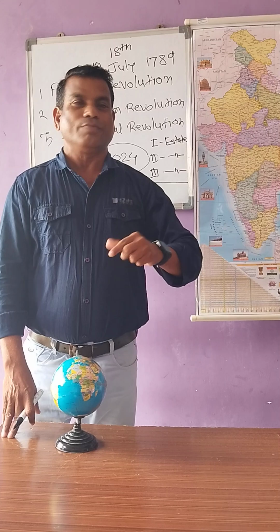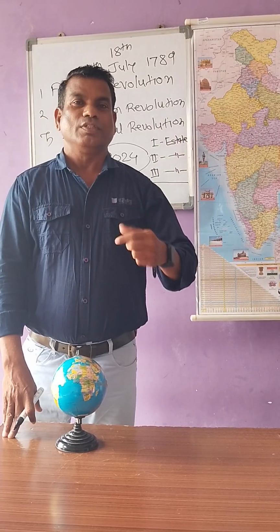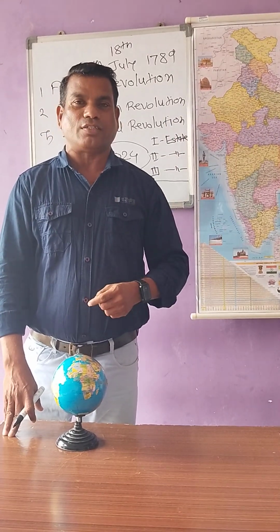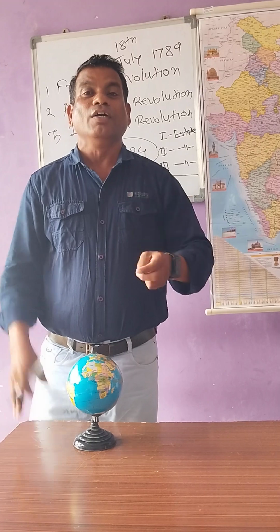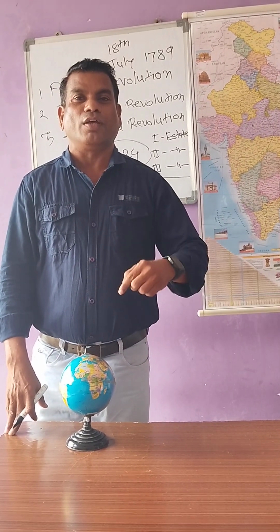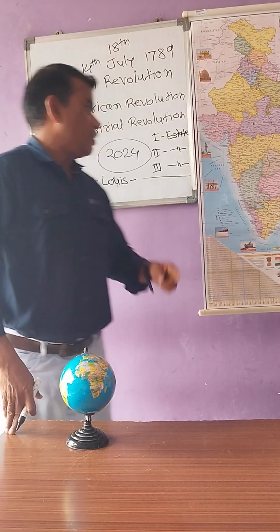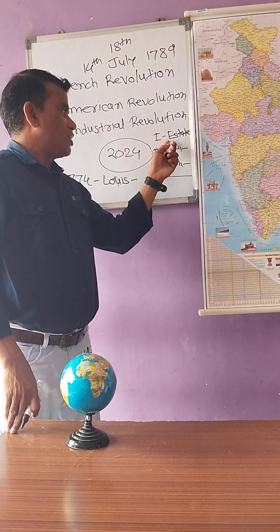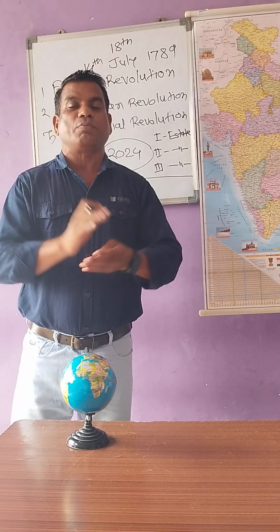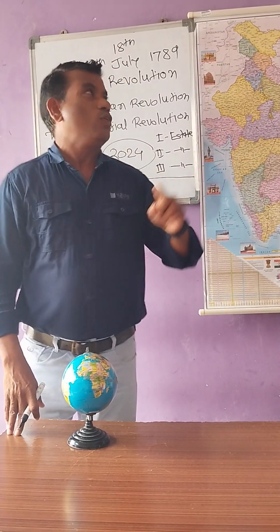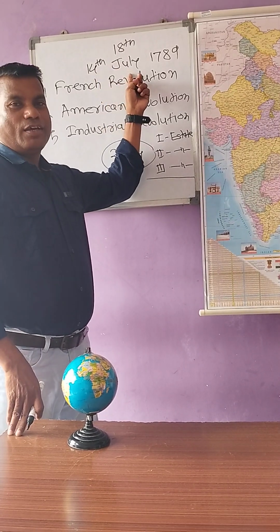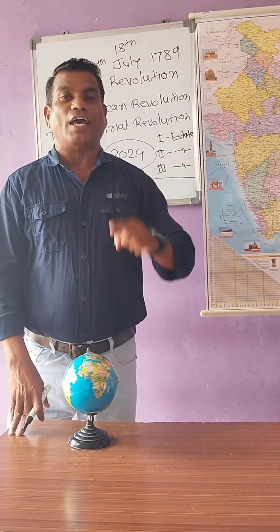They didn't want emperors to rule them. They didn't want to pay any kind of taxes, because why should they pay? They wanted to lead a happy, liberated life. They were poor, and they wanted equality. They said that if they had to pay taxes, the first state and second state must also pay taxes. That's why they stormed the Bastille Fort on 14th July, and this date is celebrated as a national day.